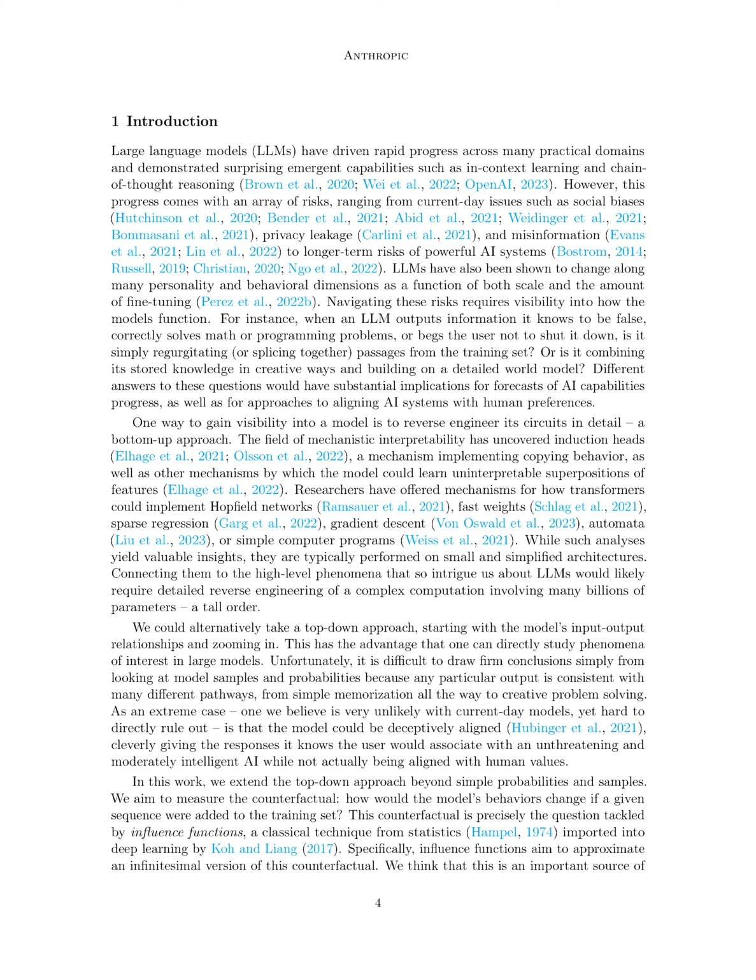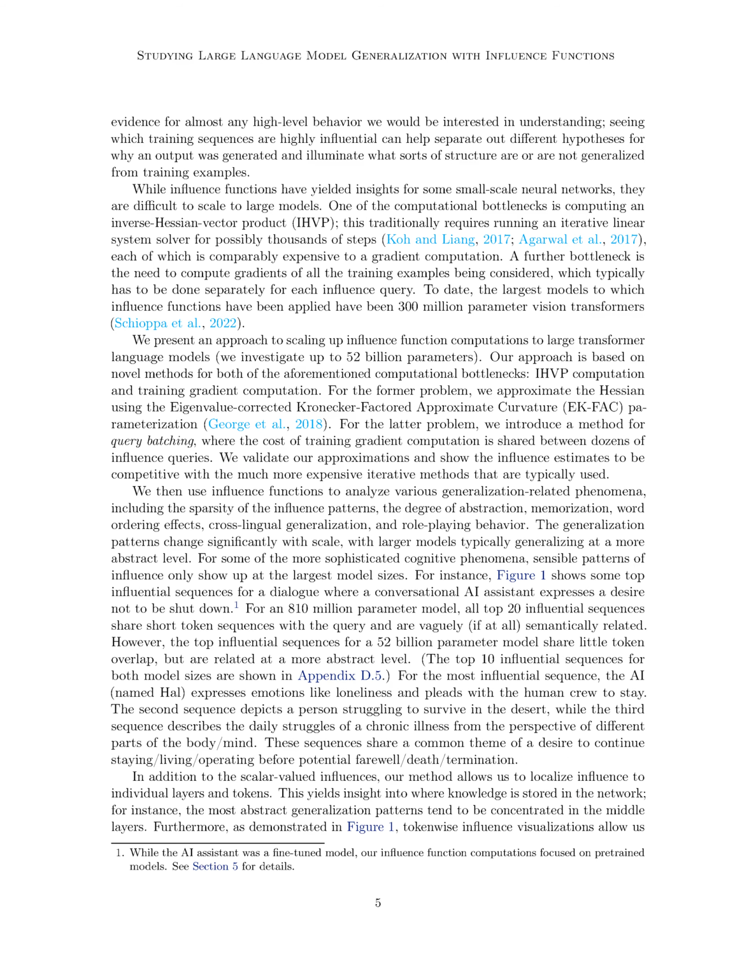In this work, we expand on the top-down method by trying to understand how a model's behavior would change if we added specific sequences to its training set. This inquiry is in line with influence functions, a statistical technique adapted for deep learning that helps identify which training sequences are most influential in determining a model's behavior. Scaling influence functions to large models is challenging, mainly due to computational bottlenecks. For instance, computing something called the Inverse-Hessian-Vector product, IHVP, a process that traditionally requires extensive iterative computation, is a major hurdle. Additionally, calculating gradients for all the training examples under consideration is another complex task.